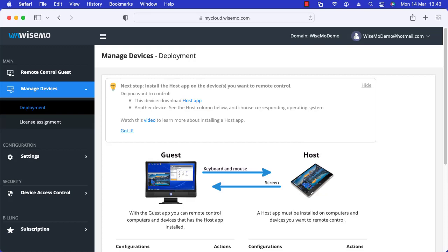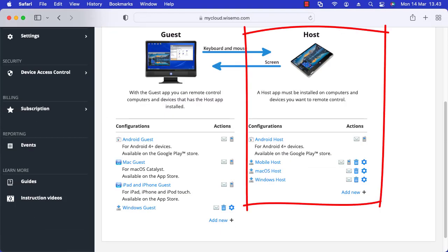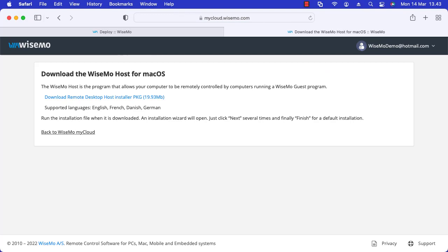If you have dismissed this message, you can find all the pre-configured deployment configurations in the host column below. You can edit, delete, and create new configurations. You can even pre-configure all settings for the host app that will be installed. Find the macOS configuration and click it. Here you can download a host installer for macOS. Download the installation program